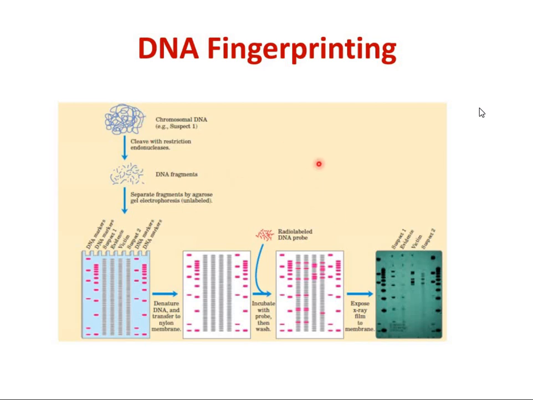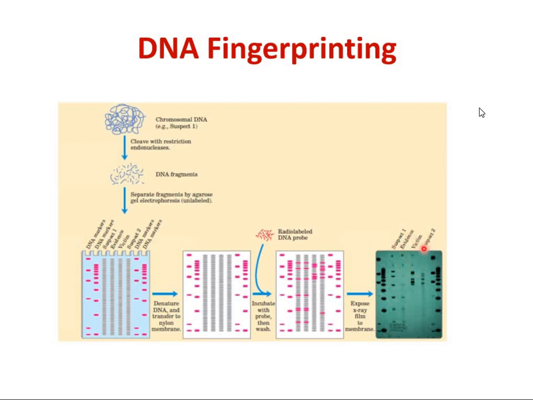So the samples that I told you about, we have taken the sample from the victim, the evidence, from the suspect 1 and suspect 2. Then you carry out this process of DNA fingerprinting and have a look at this diagram, the autoradiograph that has been developed. Victim has a separate pattern, and this is the pattern from the evidence. The evidence that you found, for example from the rear scraping, it is different. Now you can have a look. It is not matching with the victim, so it is different.